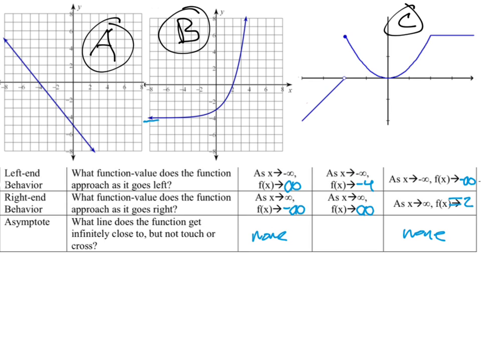So my asymptote's actually right here. It's this line. And that line has an equation, and that's what you're writing down. Luckily, it's a horizontal line, and all horizontal lines have the equation y equals some sort of number. And if you want to know what number that is, just find the y-intercept. It's that number. And so here, I'm going to write y equals -4. Because here on the left side, it's getting closer and closer to the line, y equals -4.